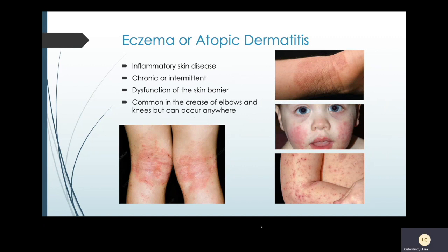So let's transition over to our third topic of today, which is eczema, also called atopic dermatitis. So this is an inflammatory skin disease. It can be chronic or intermittent, meaning either they have it all the time or it kind of comes and goes. It's a dysfunction of the skin barrier. So as you can see in these pictures, it can be very dry, cracked, itchy. Some common areas are the creases of the elbows, also behind the knees,